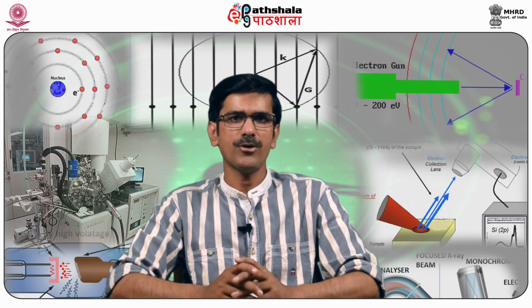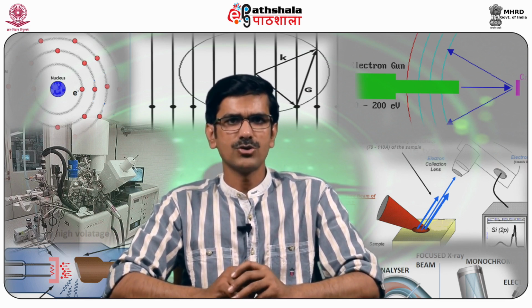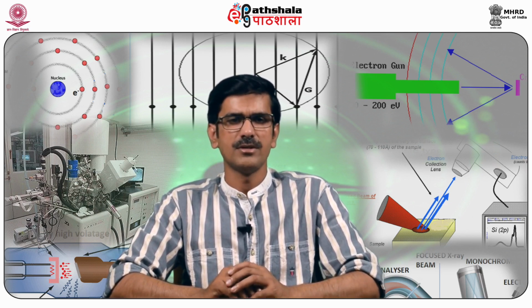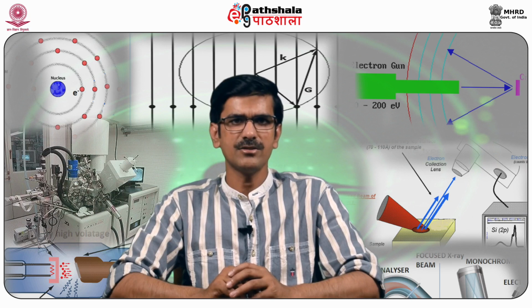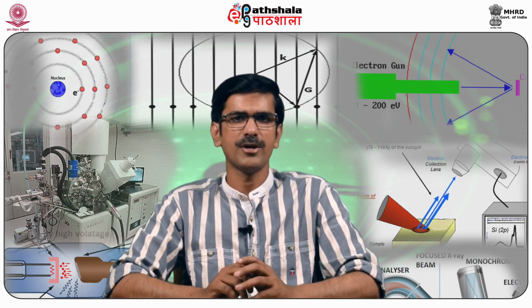The basic requirement of a photoelectron spectrometer is shown in the image. A source of fixed energy radiation is an X-ray source for XPS or typically a helium discharge lamp for UPS. An electron gun, then an electron energy analyzer which can disperse the emitted electrons according to their kinetic energies and thereby measure the flux of emitted electrons of a particular energy.